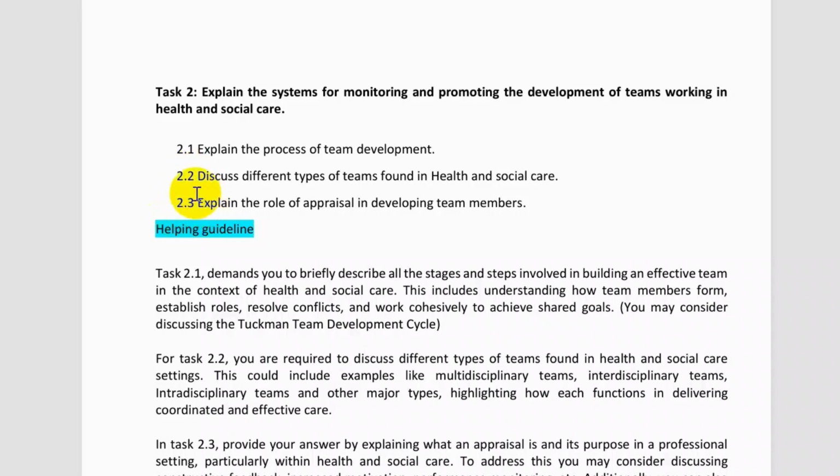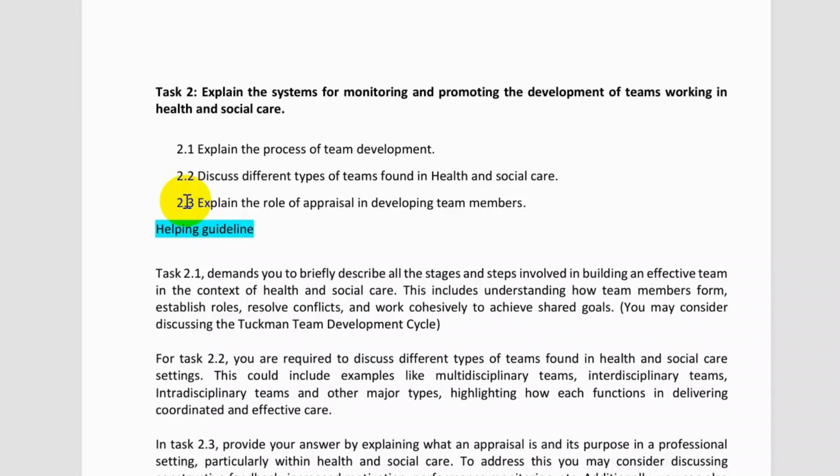Now, this is the assessment criteria 2.3, which is all about the appraisal. For this criteria, first you need to understand the concept of appraisal, like why do we use them? Then you need to explain their functions, like how do they serve in the health and social care profession.